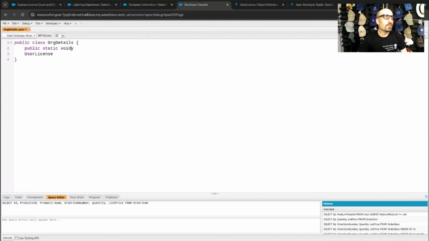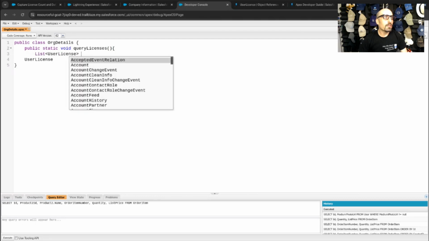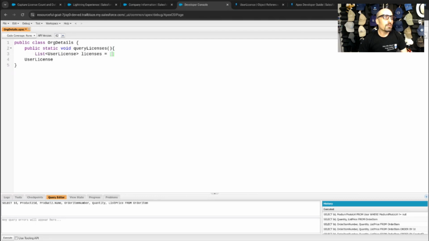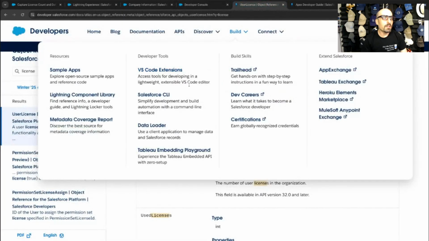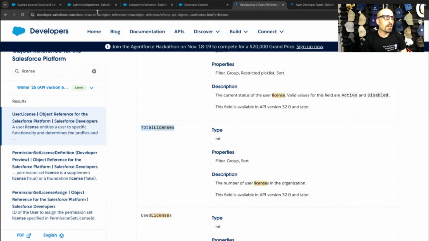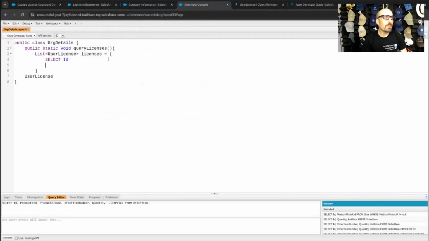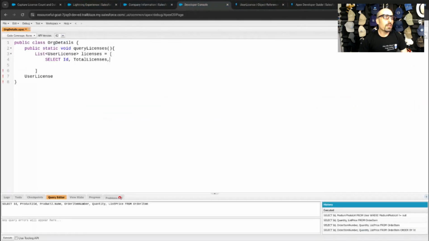Public, static, void, yeah, sure, void, query org, query licenses. And it's going to be a list, user license, licenses equals select ID, and what was it? It was total licenses and used licenses. Okay. There we go. Select ID, total licenses, used licenses from user license